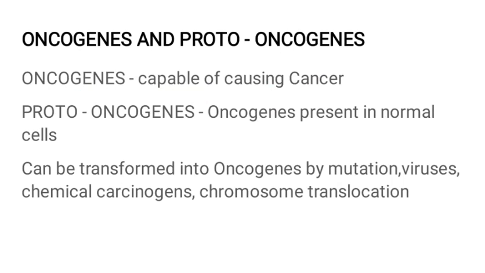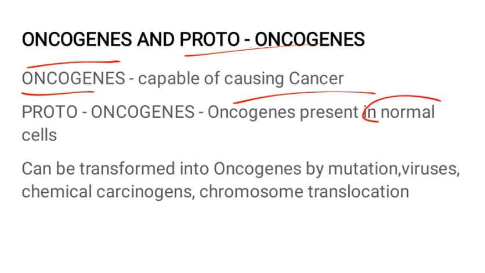Next we will see about oncogenes and proto-oncogenes. As the name suggests, onco means cancer, so these are the genes which are capable of causing cancer. Then what do you mean by proto-oncogenes? These proto-oncogenes are oncogenes which are present in normal cells. That means they can be transformed into oncogenes by mutations, chemical carcinogens, chromosomal translocation, or by oncogenic viruses,